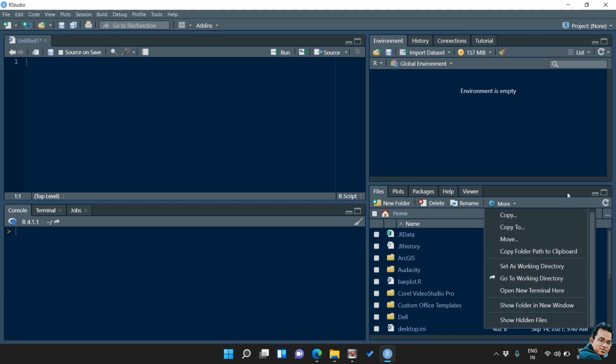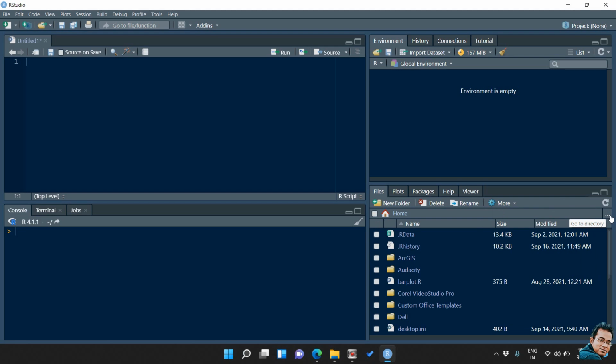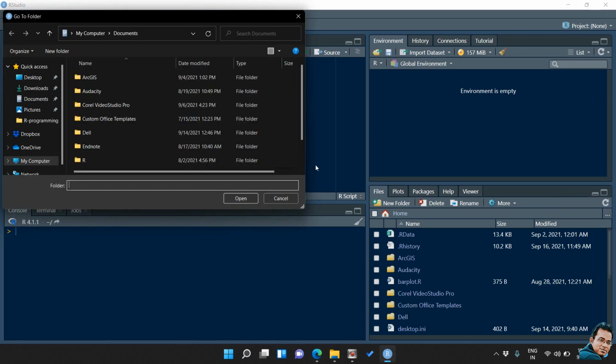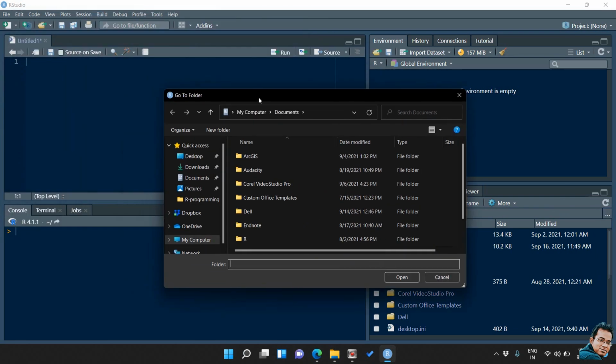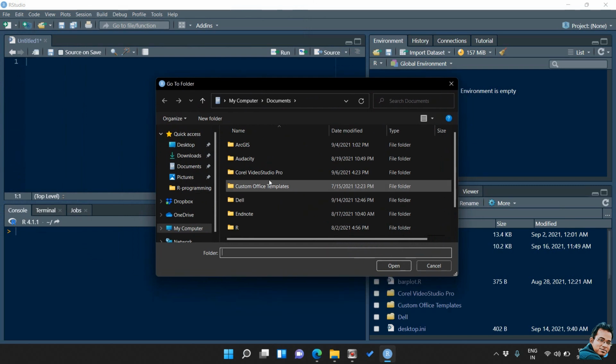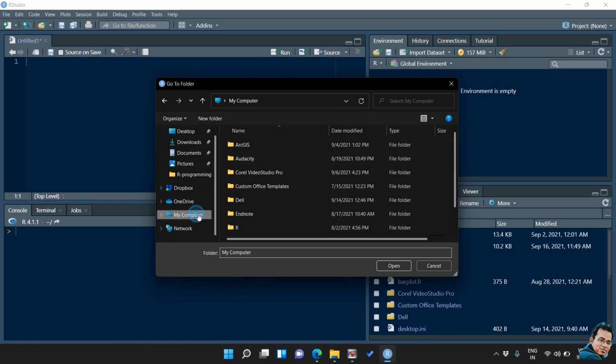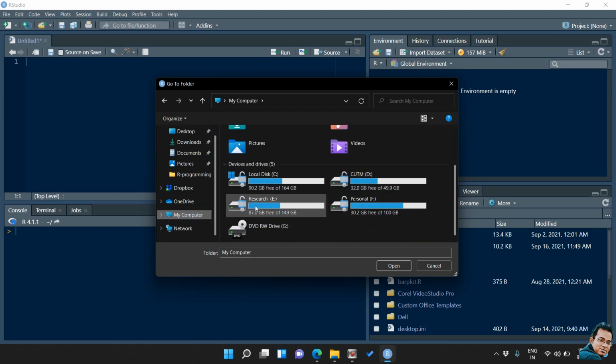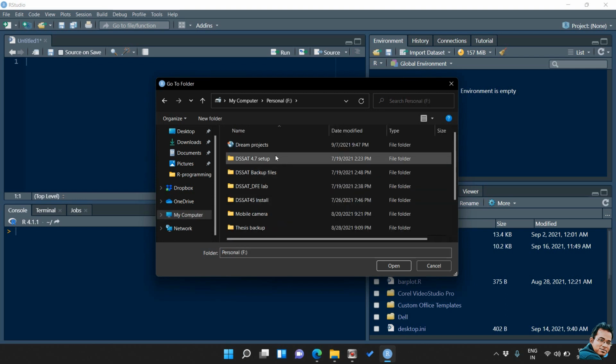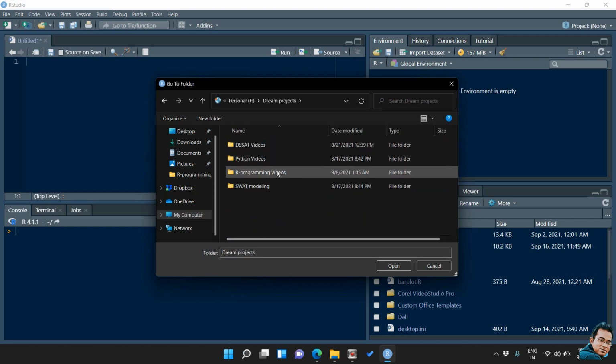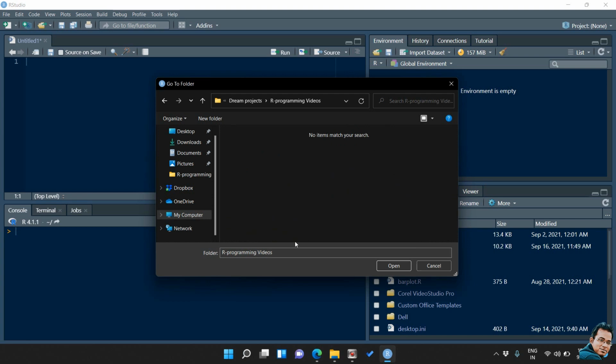For example, there is a three-dot button. If we click here, this tab will open. Here you can go to any folder. In my case, let's open this R programming folder. In this folder I have all these videos.